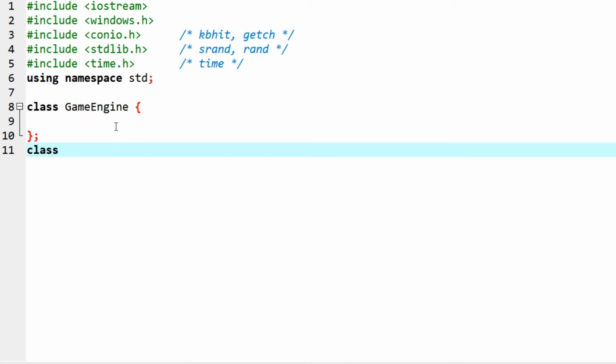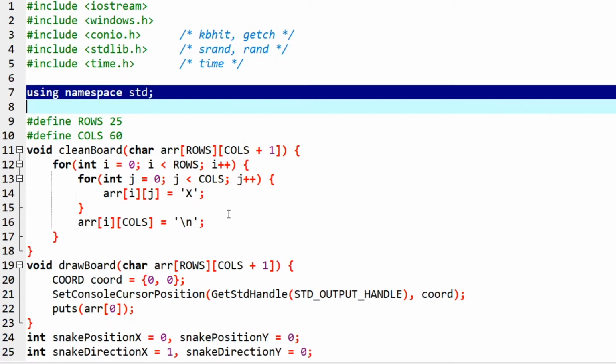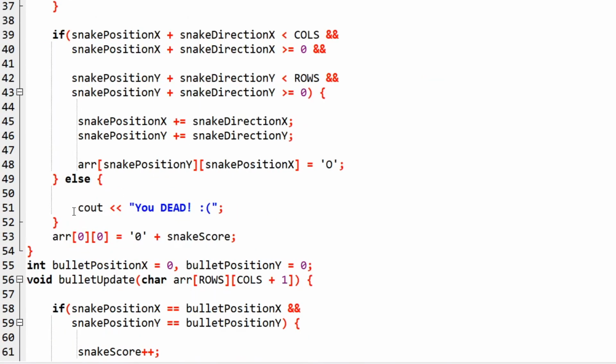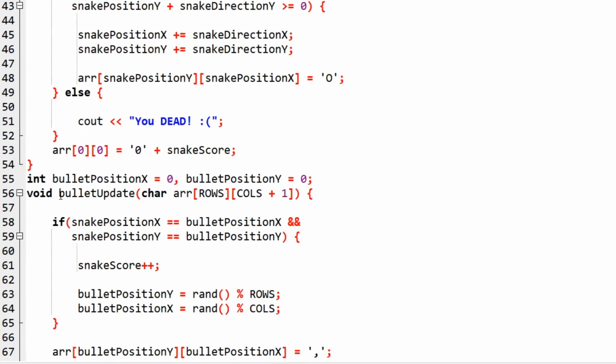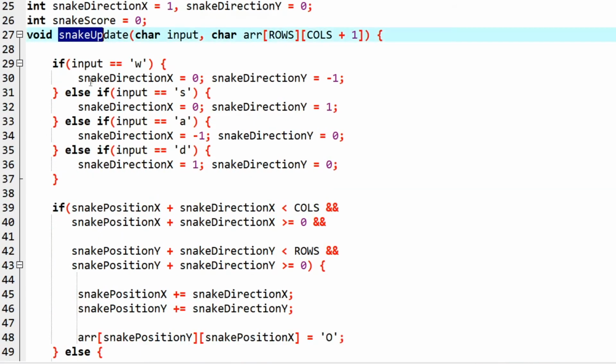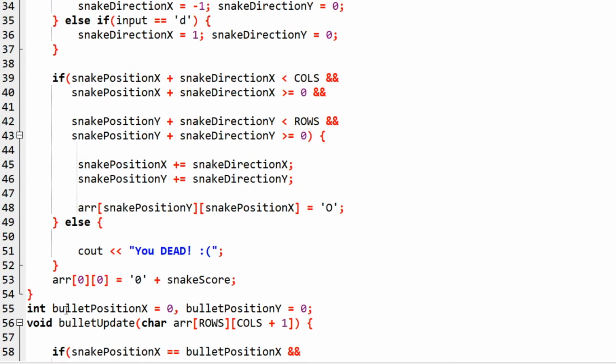And then I'm going to have a class for game object, or simply object, right? So I want all of the familiar things in my game to be in a single place. Right now, what do you see common between snake and bullet? They both have an update function. There's one for bullet and there's one for snake, right? And they both have positions, X and Y positions.